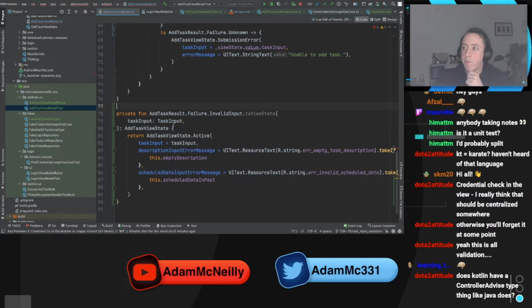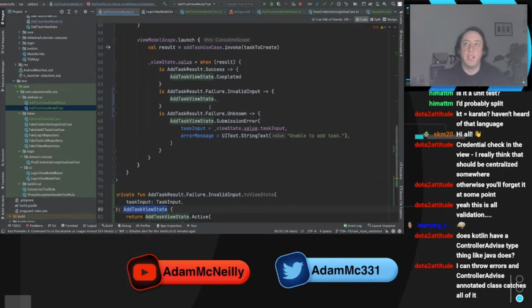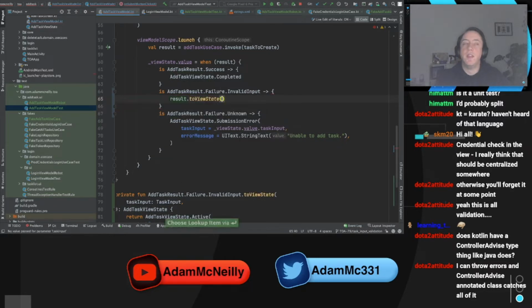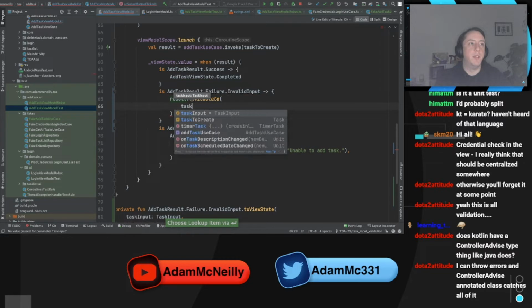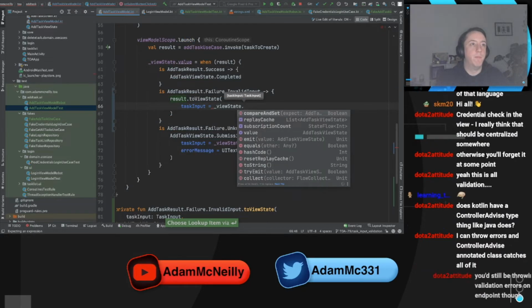But so this is how we take our specific invalid input result and convert it to the UI configuration. So now that we have that, we can just call that here. We can do result.toViewState. And then task input is actually something I need to get from